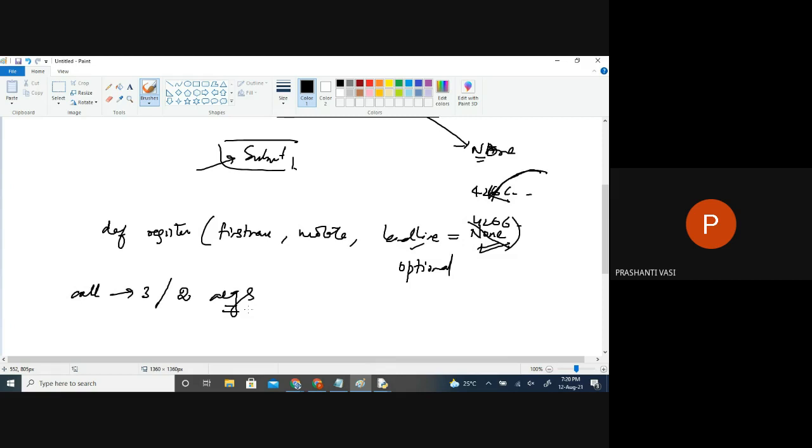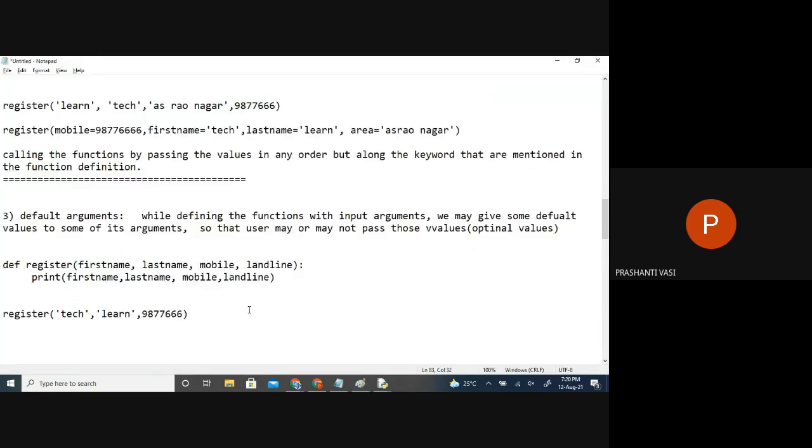That's called a default argument. While doing the definition, you can assign some value to it, whatever you like. So if the user is not passing any landline, it will become None. Otherwise, it will have a value.